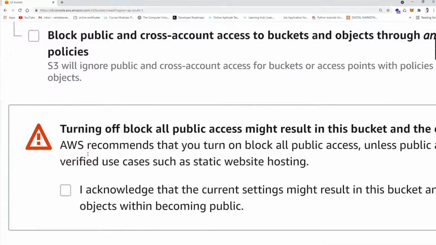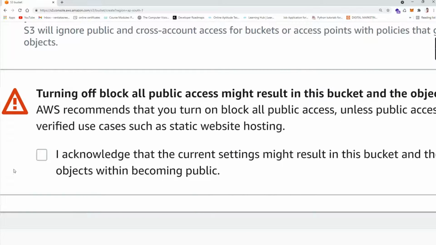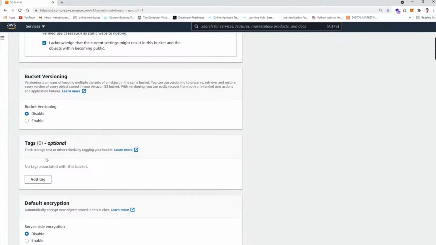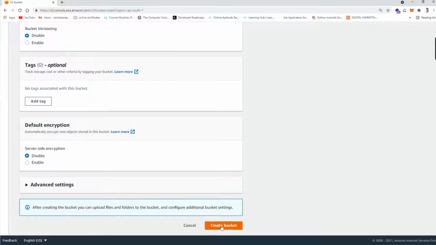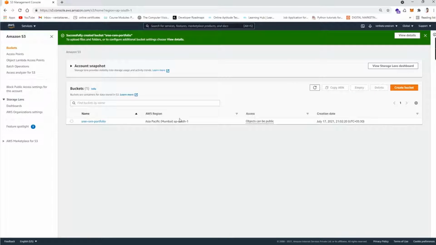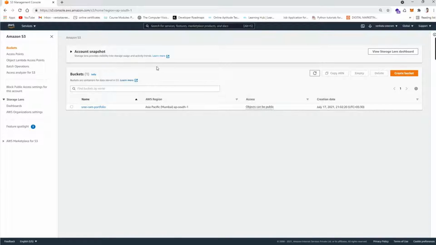If you make the change, you need to acknowledge that the current settings might result in this bucket and the objects within becoming public. After acknowledging that, create your bucket. Creating a bucket in S3 enables you to store the data.